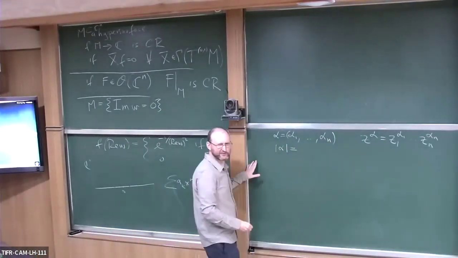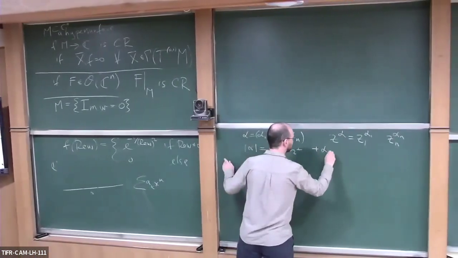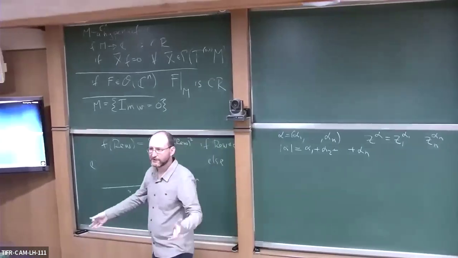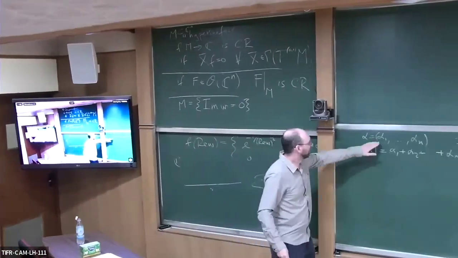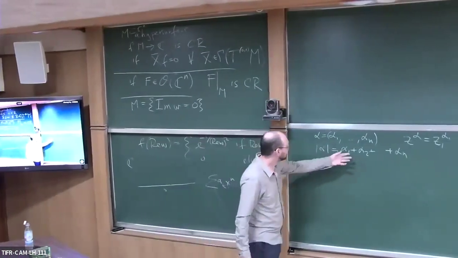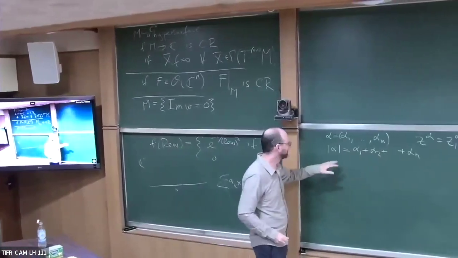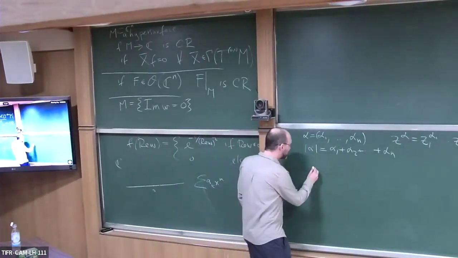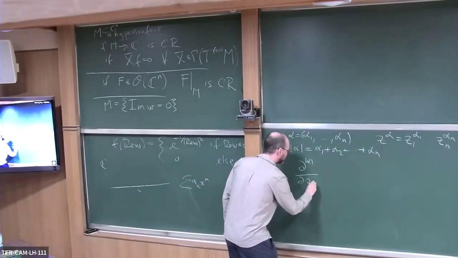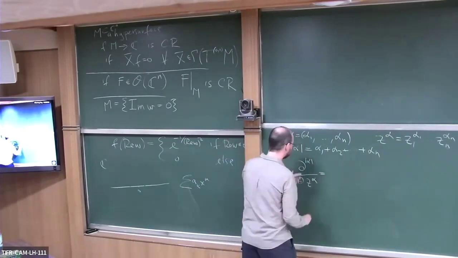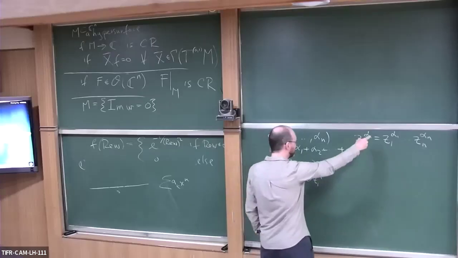So for that, I need two pieces of notation. First, this is sort of confusingly written as a sum. These entries are possibly 0, but natural numbers: 0, 1, 2, 3, 4, 5, non-negative integers. So it sort of makes sense, but it's not the modulus, or any norm or anything. It is this thing. And then if I want to take a derivative, we just take, let's say, the Z. If I write this, well, what do I mean by that? I'm just taking the derivative. I'm basically doing the same thing.